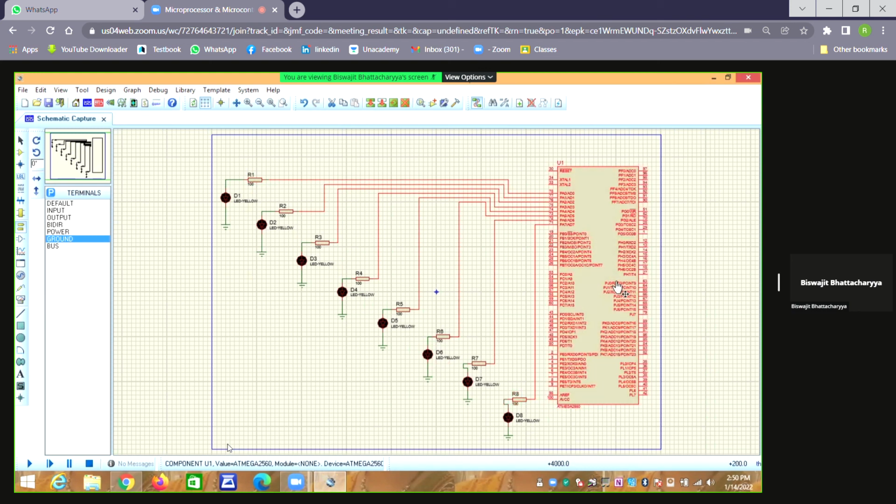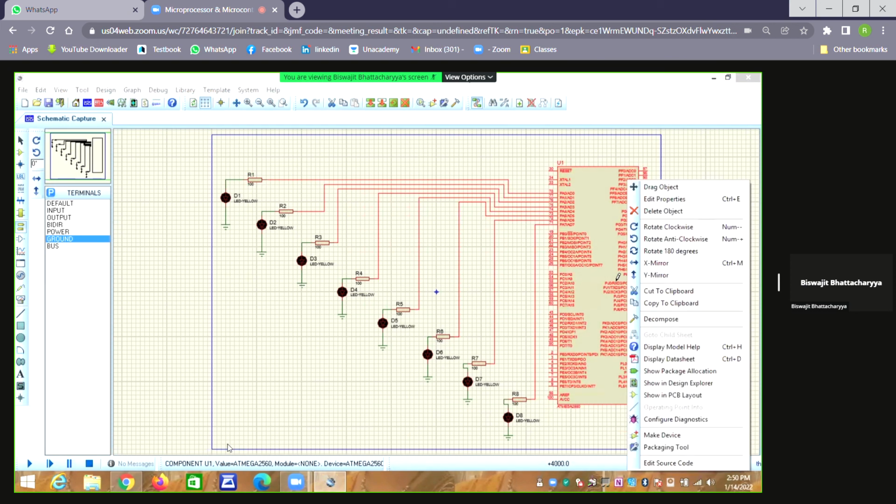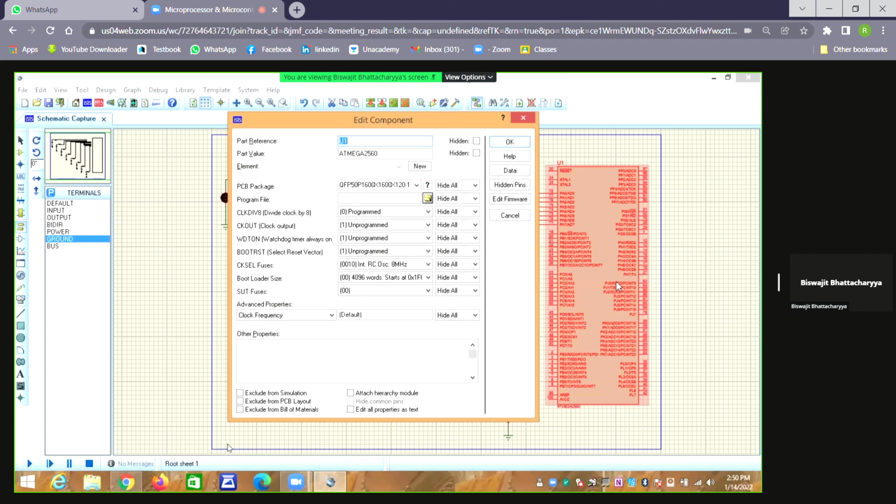Once you click, it becomes red colored. If you simply click it again, then you'll get a program file field. Something is left blank. This program file has a folder icon shown. Click on the folder icon.